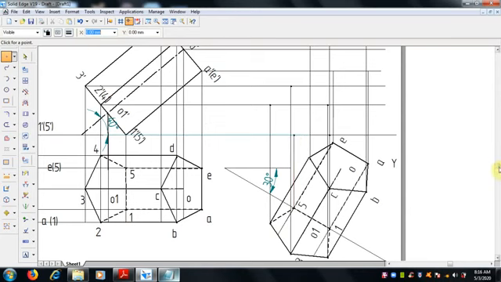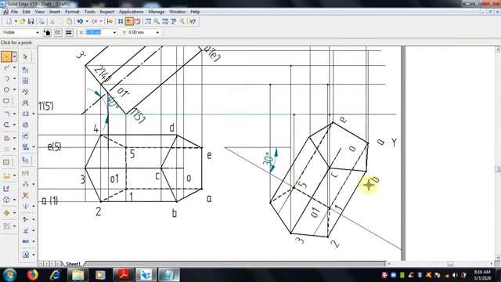So be careful while making, otherwise the shape will not come. So 1 is here, and the 2 intersection with the 2 dash here. 3 dash, where it comes, this is 3 dash, and 4 comes here, and 5 comes here.